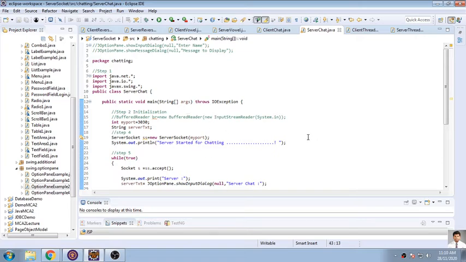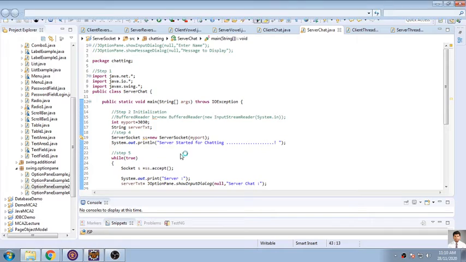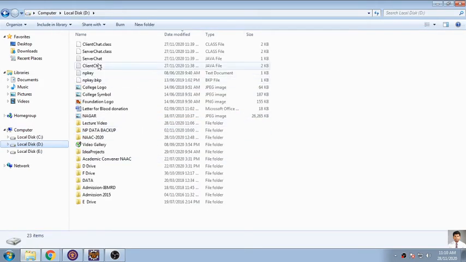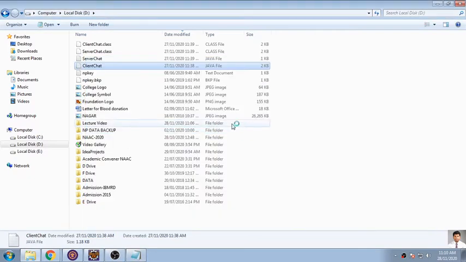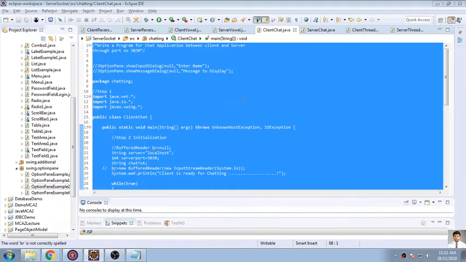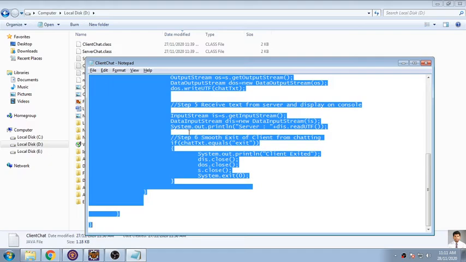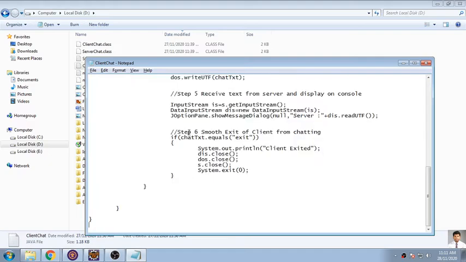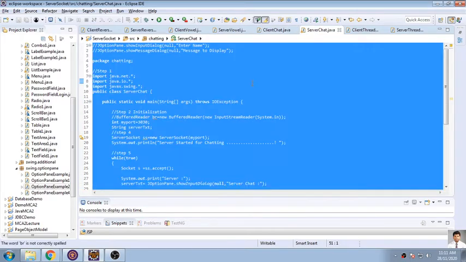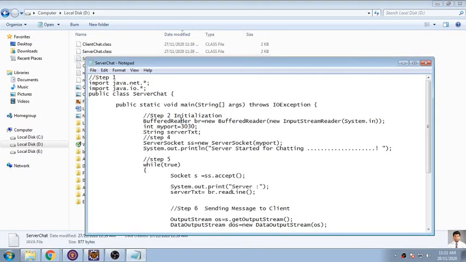Okay, so I will go to yesterday's application that we have run on a console. So we'll go for that one, and there I will run it. So here there was chat client. I'll replace the program with this. So Control A, C, and I am opening here, Control A, V, save chat client, and save with chat server, Control A, C, and opening this chat server, Control A, V.